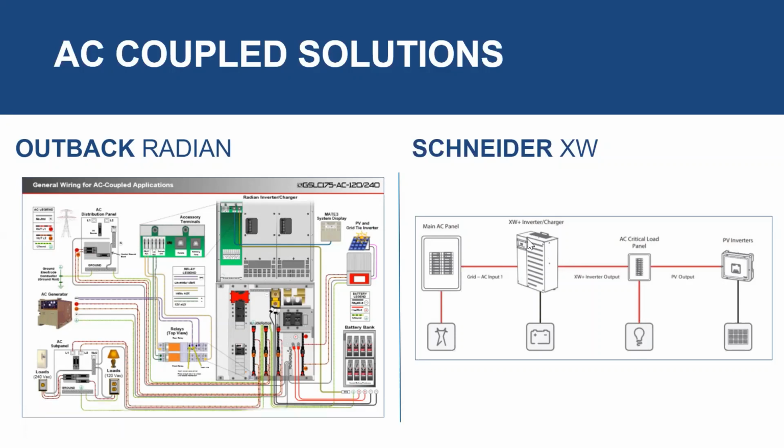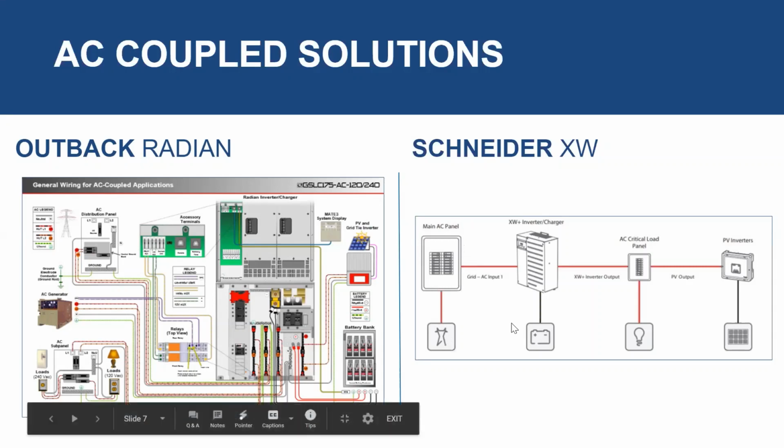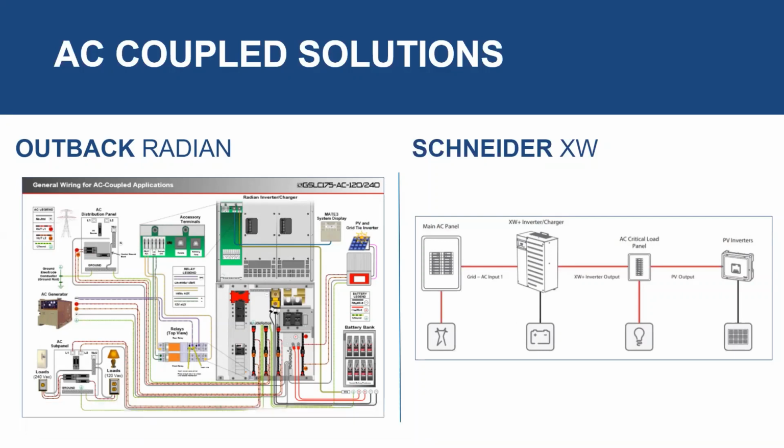The XW Plus line was the original line, and it is being transitioned to the XW Pro. You probably are familiar with the Schneider XW Pro, but the Pro is going to be the inverter moving forward. And then we have the AC main panel and the grid. So, relatively similar setup. With the Radian and the XW, you can stack. So what does that mean? If you have a system and they need 20 kilowatts of power,